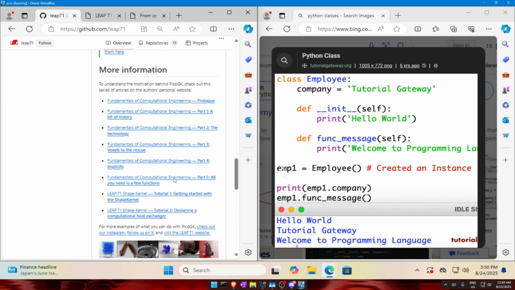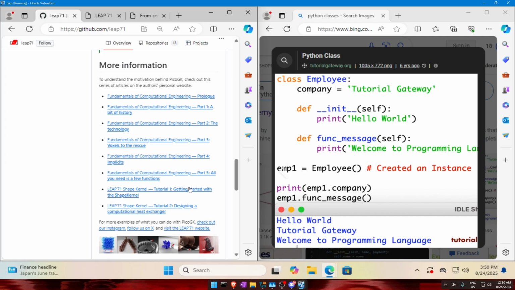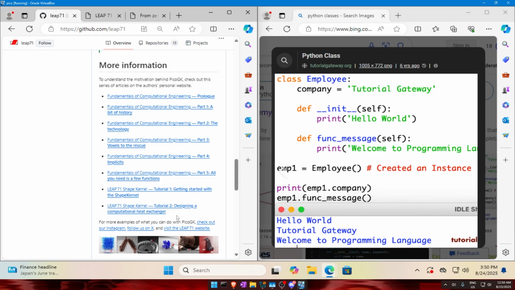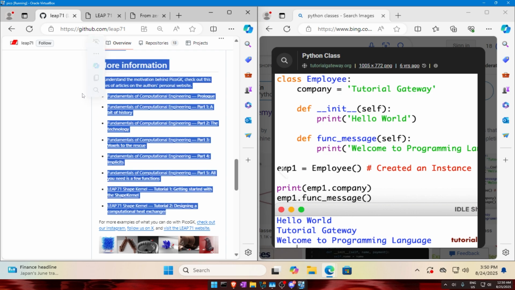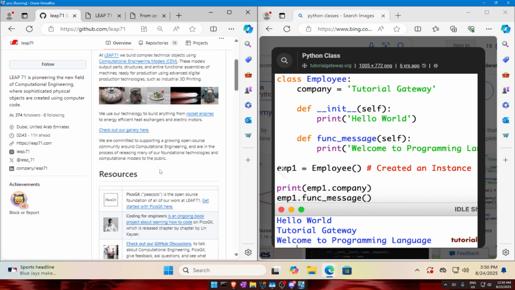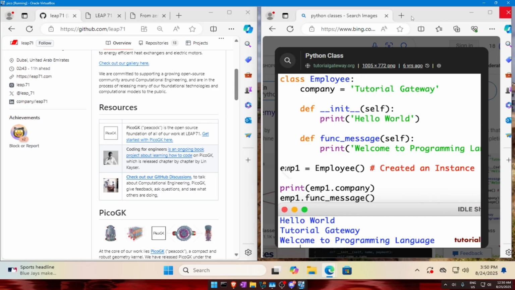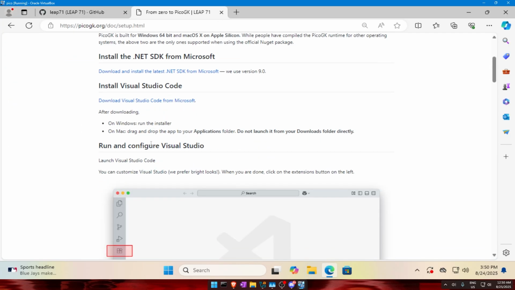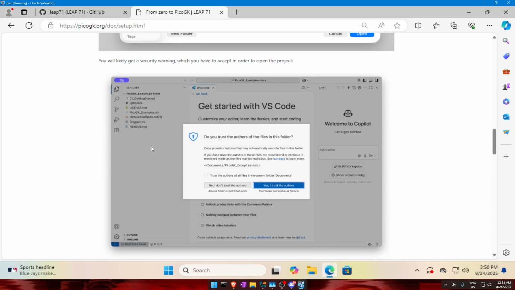Next, if you are also a total beginner, I encourage you to read all this information that will give you a basic understanding of what generative design actually is. I probably guess you already know what this is. Now that you know the basics about object-oriented programming, I have found a tutorial on how to run PicoGK,